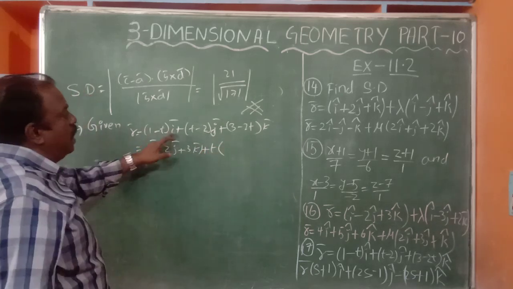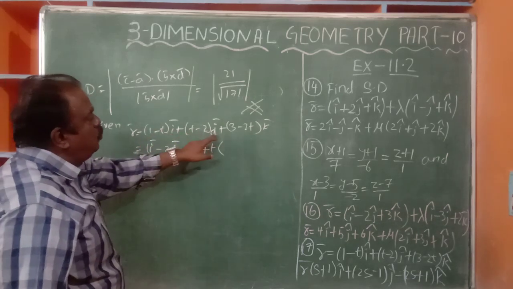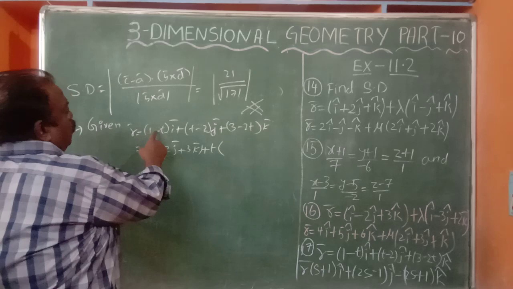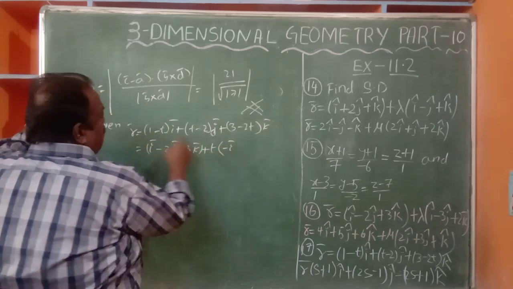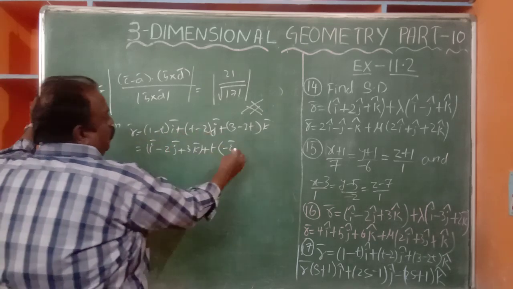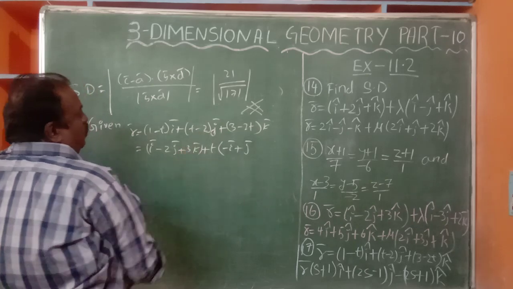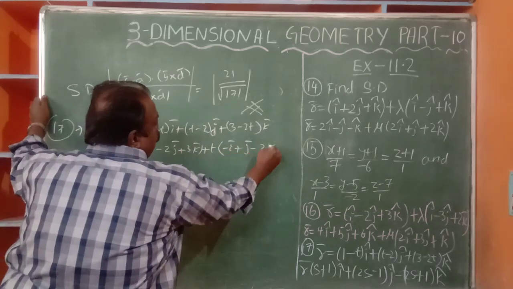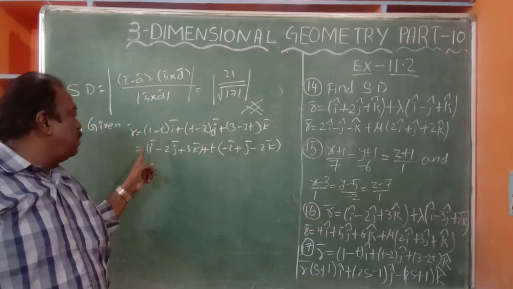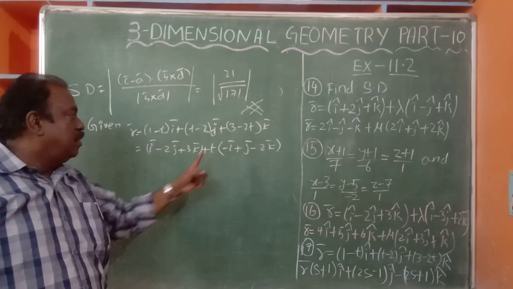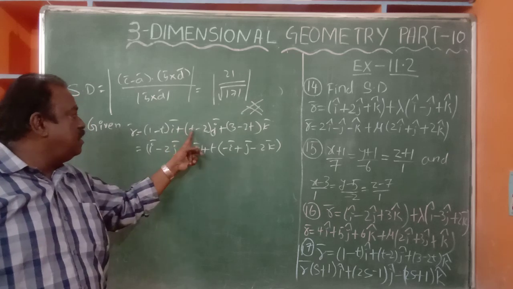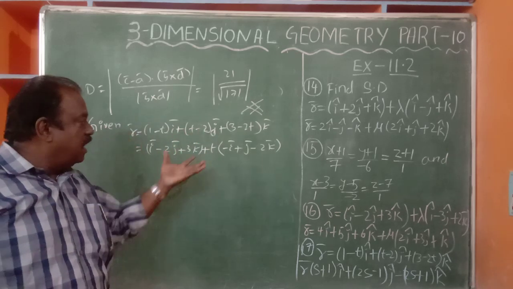Then t of ti minus tj minus 2tk. So here it is minus i, minus ti, with t taken common. Here also plus j, tj is there. Here also minus 2k. So it is 1 minus t times i, and here t minus 2 j is common. Like that we have to get.